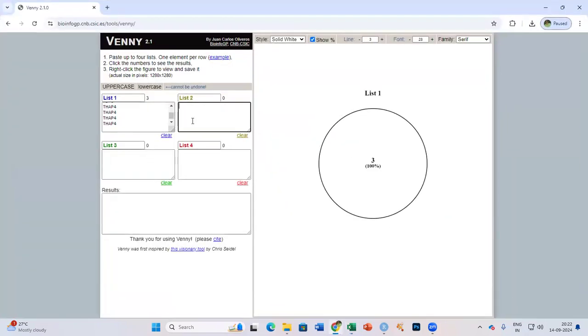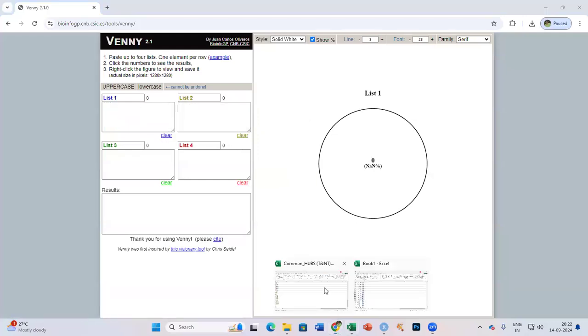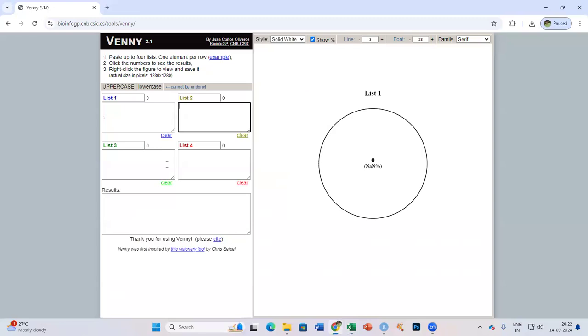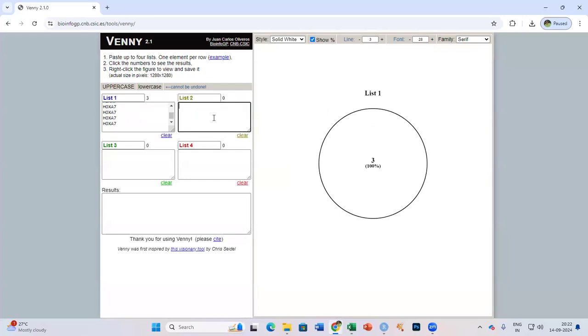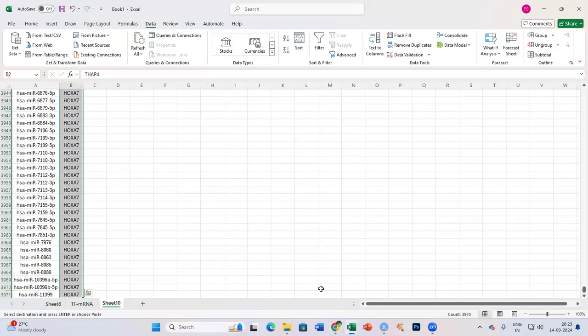So once all these are equal, the last thing we need to check is whether there is any similarity between the TFs, like both the lists having the same TFs. So copy the TFs first. You can take it from any of the lists. I am taking from miRNA TF. You can take from gene TF also. And the genes which were 88. So there must be no similarity between these two things. As you can see, 0 is there. So 88 is different, 3 is different. That means we are ready to go for the